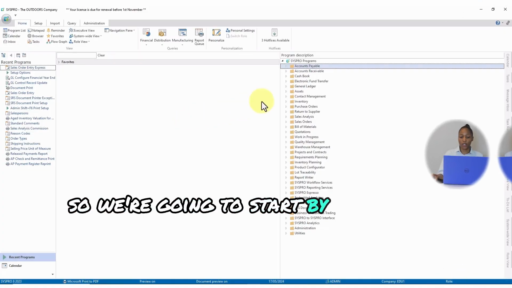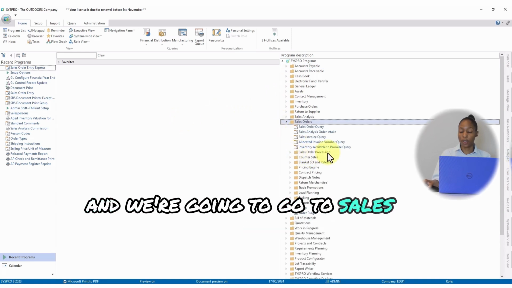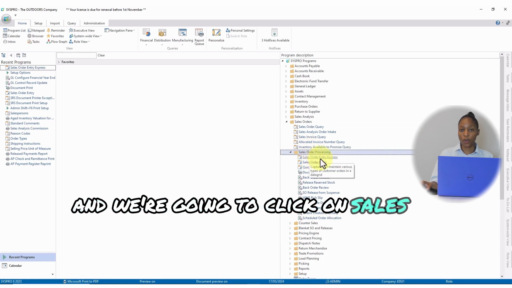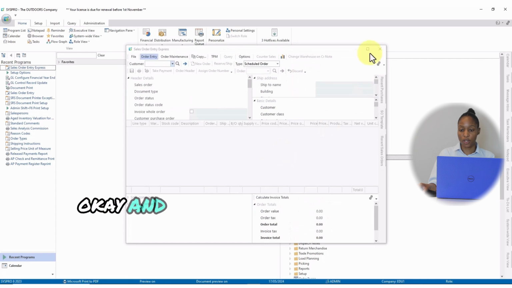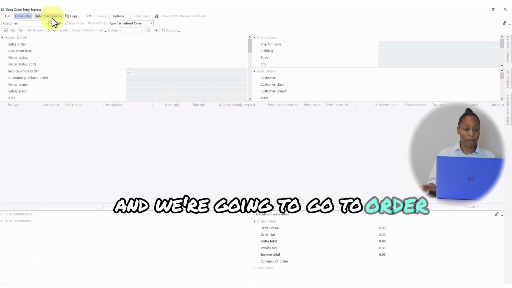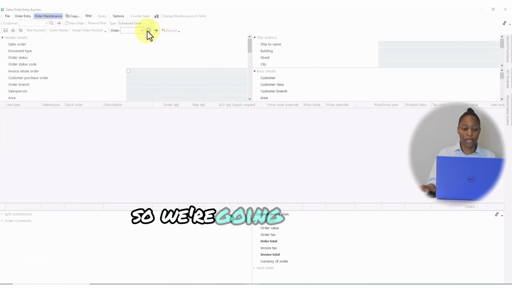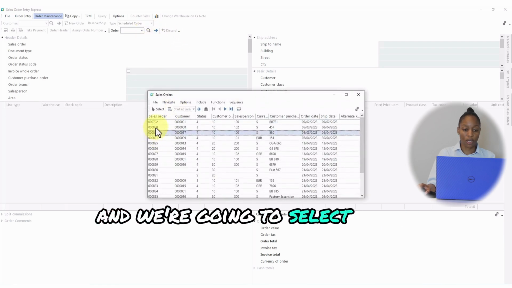So we're going to start by going to sales orders, and we're going to go to sales order processing, and we're going to click on sales order entry express. Okay, and we're just going to make the screen bigger, and we're going to go to order maintenance, and here we're going to browse for an order. So we're going to click here, and we're going to select the order,